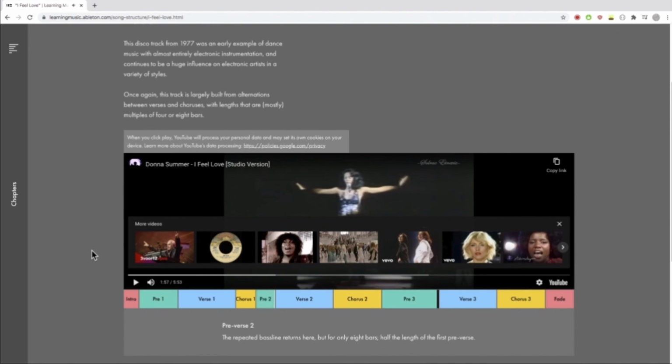This section is just a way to transition from our chorus, sorry, back into our verse. They've just tried to keep it a little bit interesting by adding a few minor chords in there just to spice it up a little bit, and then we go back into the verse.